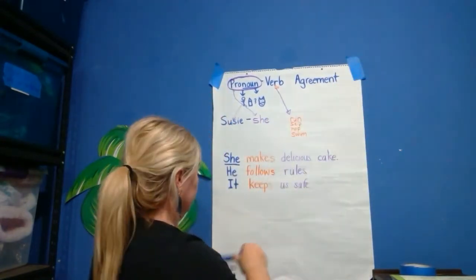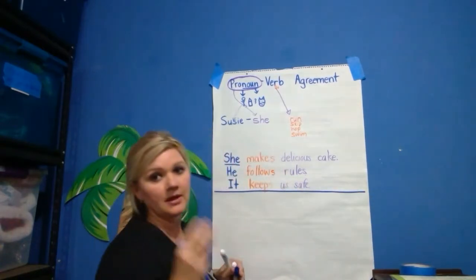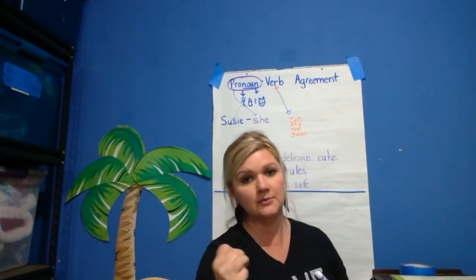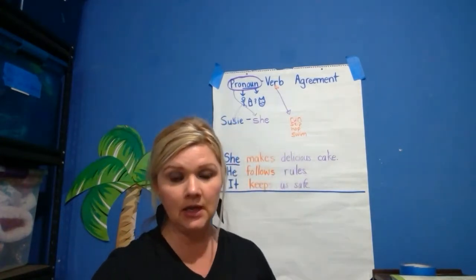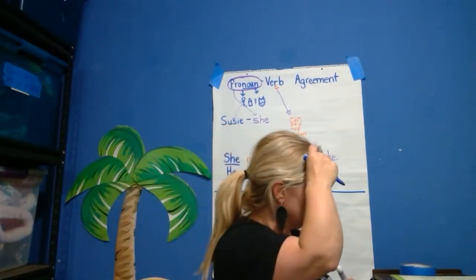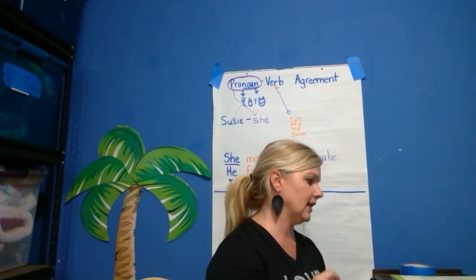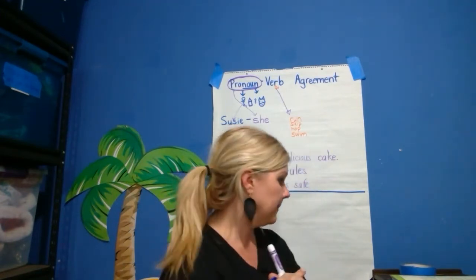Okay. All right. So these are our practice sentences. I'm going to write 3 sentences. So you have 3 points, just like an objective. We're going to be understanding how to identify, or I should say more like if you can rewrite the sentence, the action, to make it in agreement with the pronoun, okay?